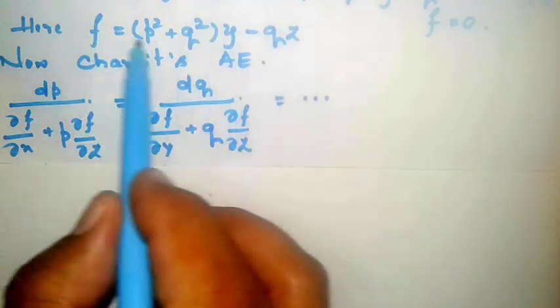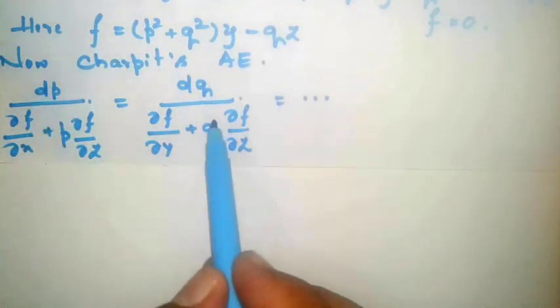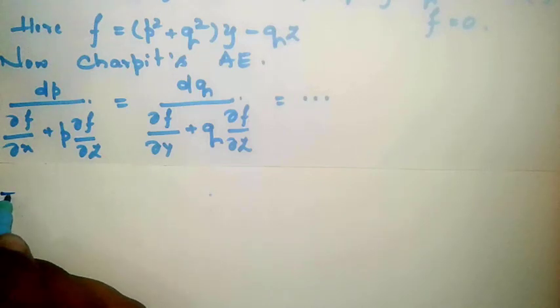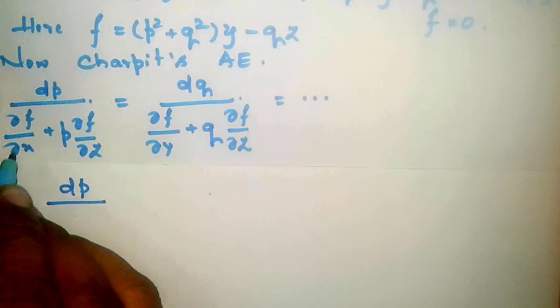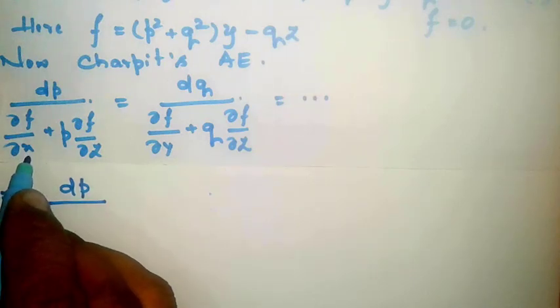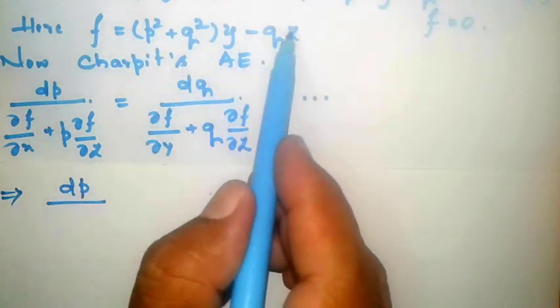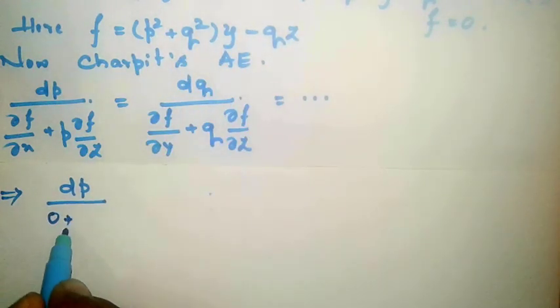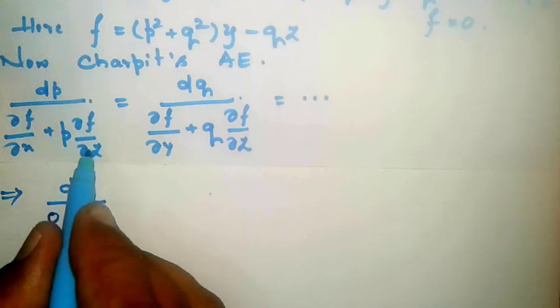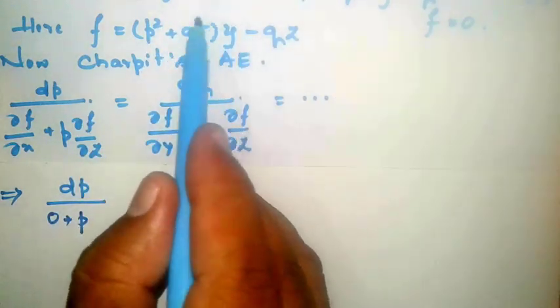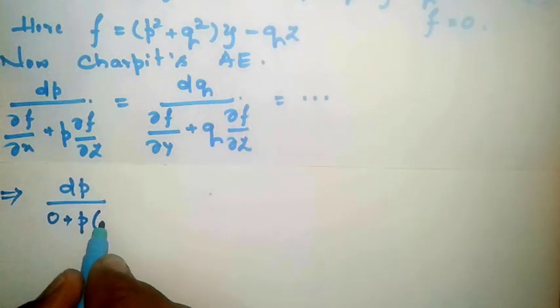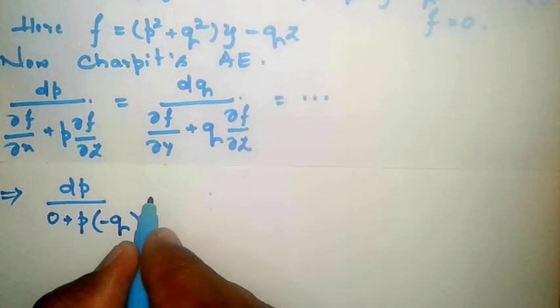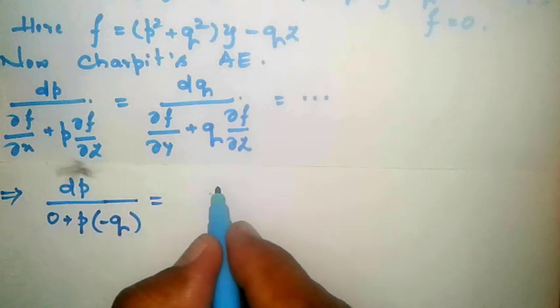Using the value of f here, we can write down the value of the denominators. So that implies dp divided by dou f by dou x. The value of dou f by dou x is 0 because there is no x term available in f. Therefore it is 0 plus p as it is dou f by dou z. So this is not containing z, therefore it is 0 minus q into 1. So it is minus q here equals to, the second term is